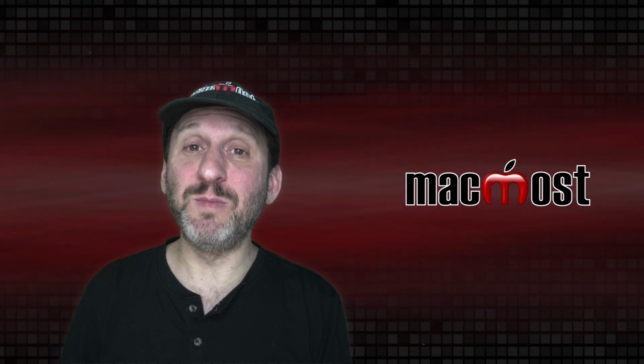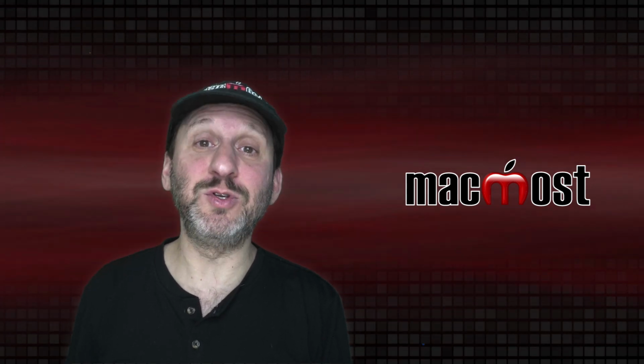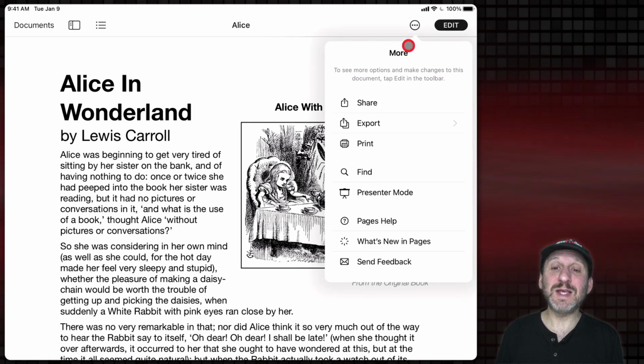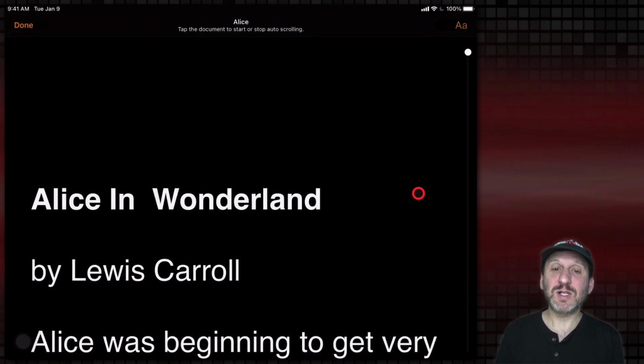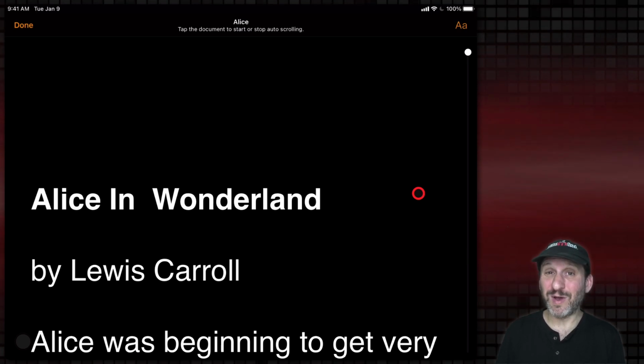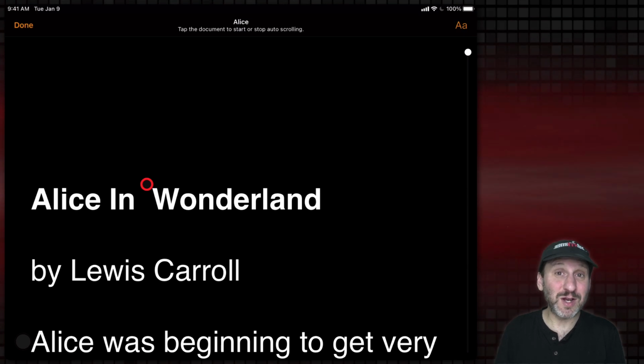Now when we're talking about special modes, Pages has another special mode you should know about and it's called Presenter mode. And you could find it here. You can get to it from Reading View or from the regular editing mode. If you select this, it takes you into something that looks actually a little bit like Reader View in Safari. But what it actually is it's taking the text from a word processing document. And this only works in a word processing document, not in a page layout document. And it puts it in the type of mode you would need if you're a presenter reading off of a teleprompter. But it also is useful if you just want to read the text in a Pages document.